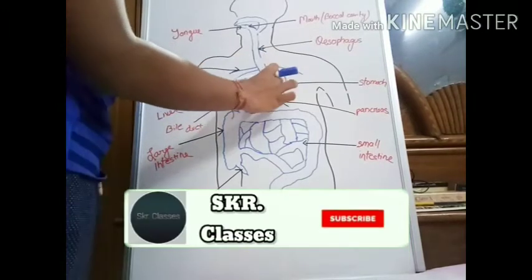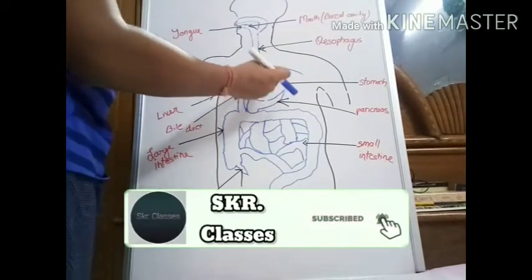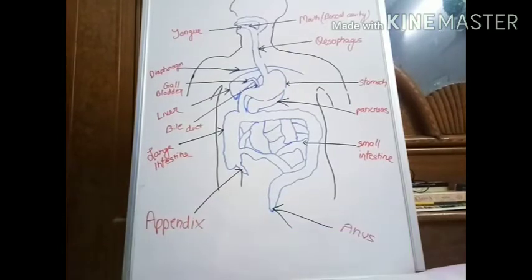Inside the stomach, as you can see, juices and hydrochloric acid are secreted to digest the food. So the food is partially digested inside the stomach, and then it is converted into an acidic form. The acidic form of food then goes down the duodenum, and from the duodenum it passes into the small intestine.